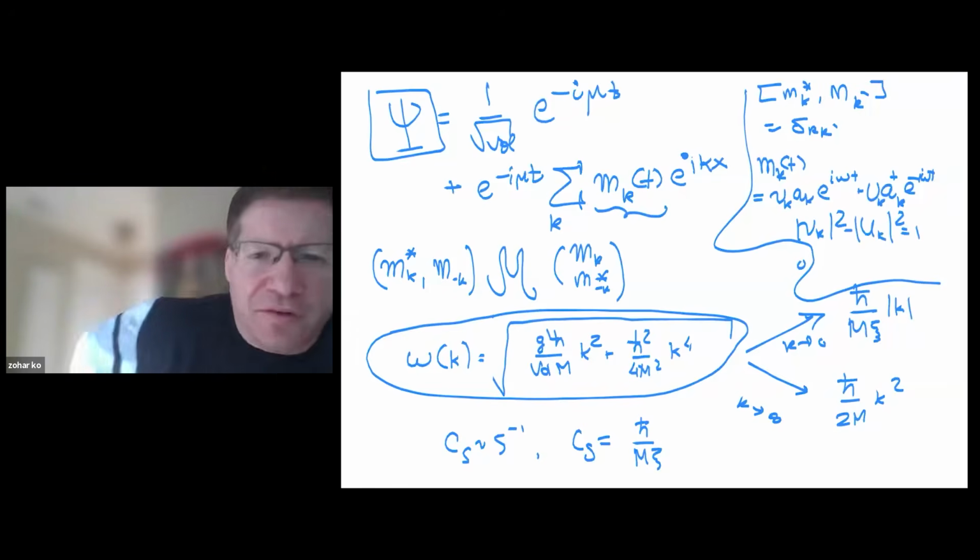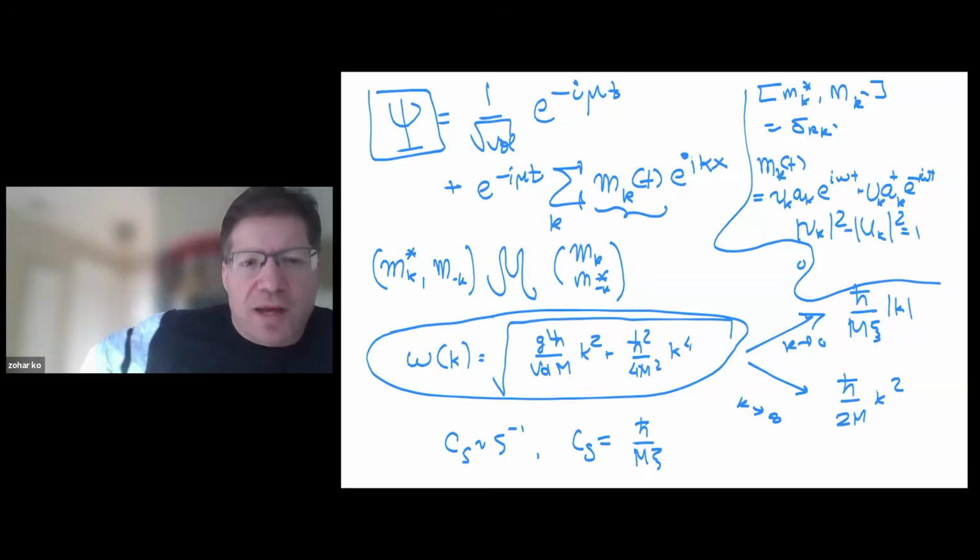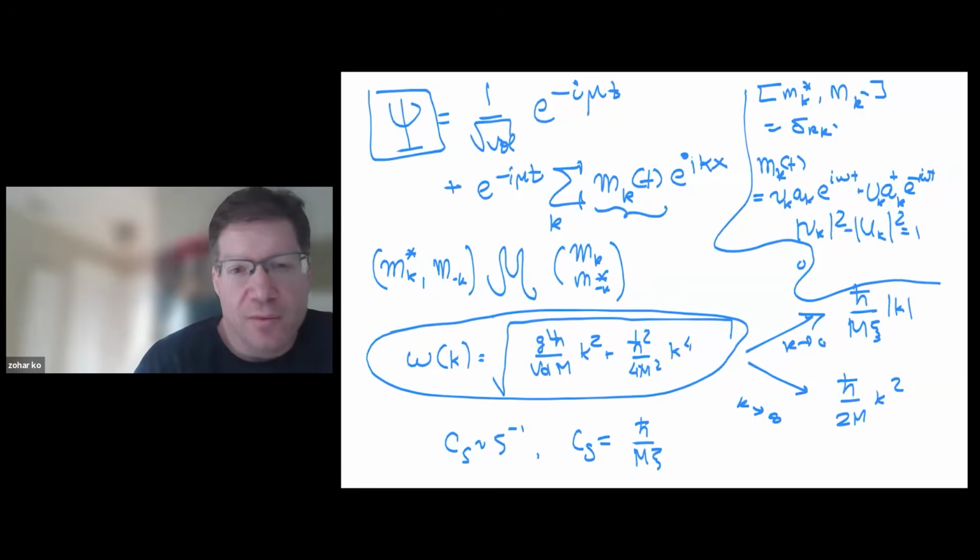And you can do a small exercise at home. That's essentially exercise 1. You can try to understand what is the amplitude of M_k to be a creation versus an annihilation operator. This is like calculating the v_k's and the u_k's. That's famously what Hawking did when he calculated the black hole radiation.